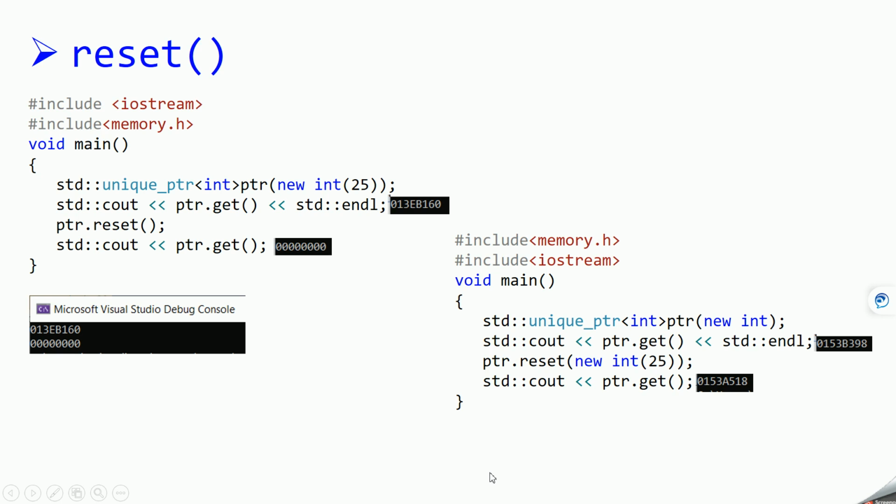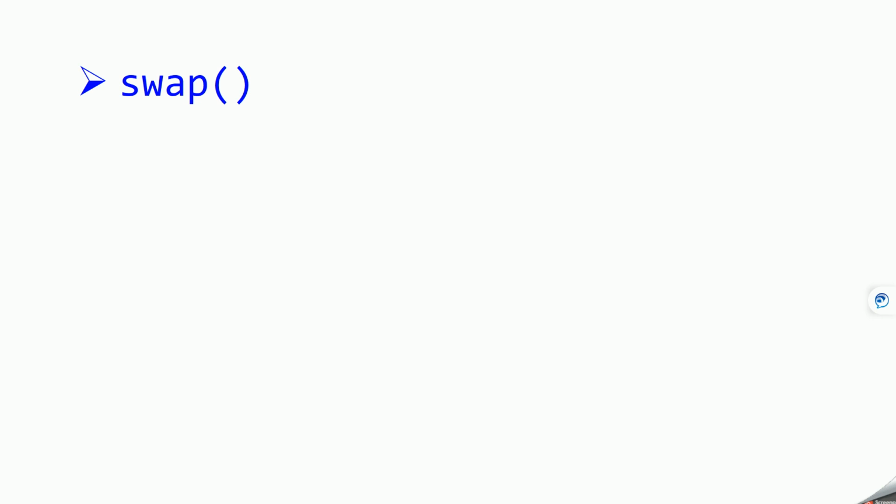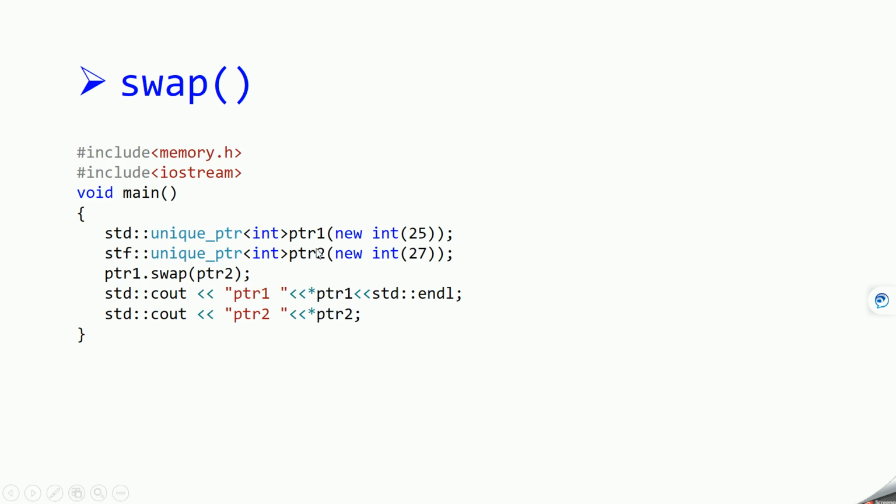Now let's see another function of this unique ptr, called swap. So swap is used to swap the memory of two pointers. In this case, if you see over here, we have two smart pointers called ptr1 and ptr2, and both are pointing to two different memory locations.